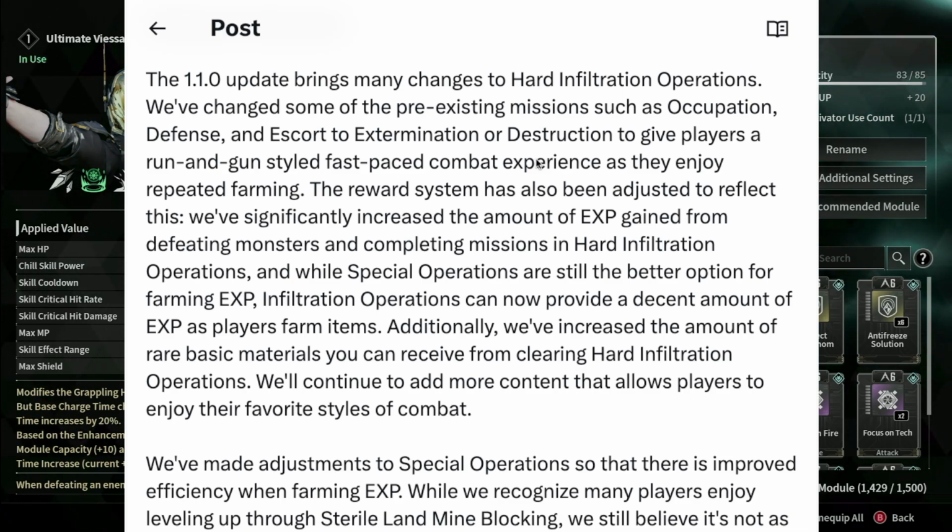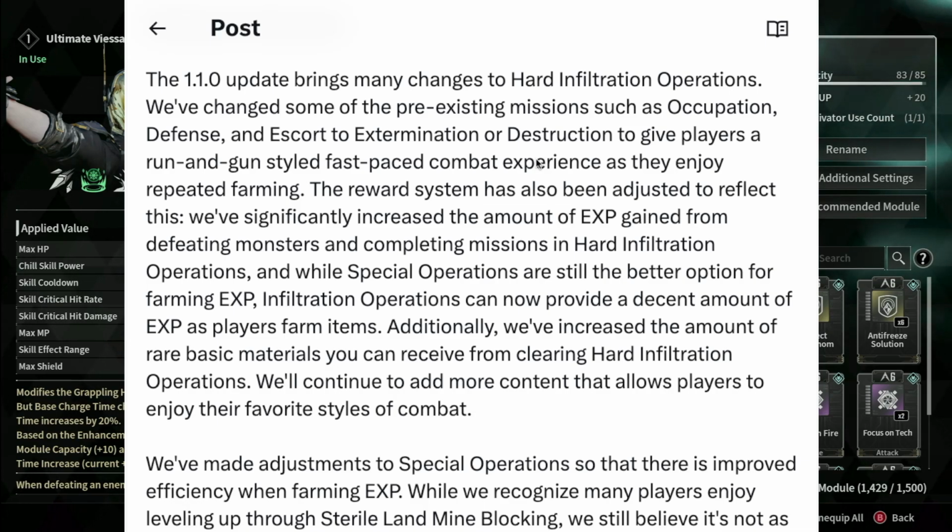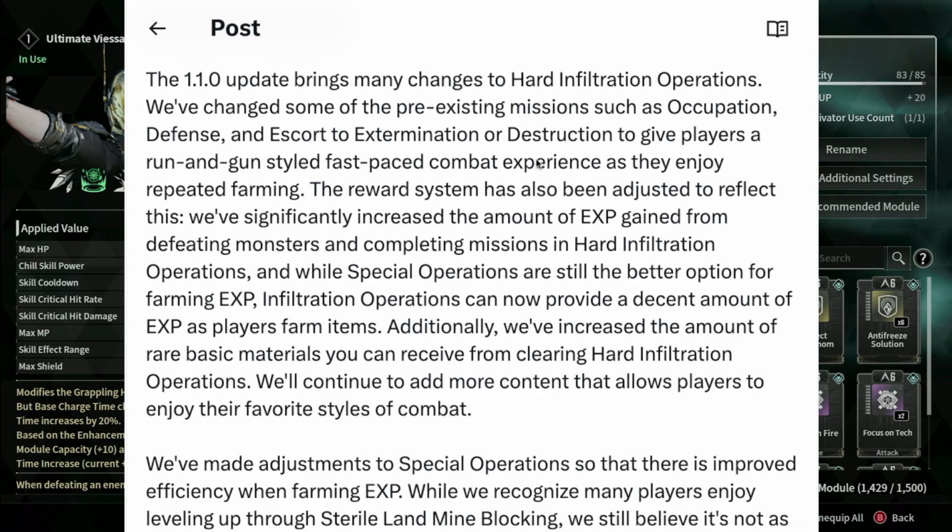And I have already experienced this. These are facts and they are implemented. I've run several infiltration ops in the game so far on day 1 of season 1. And yeah, they're a lot faster now because they've removed some of those elements. The reward system has also been adjusted to reflect this. We've significantly increased the amount of experience gained from defeating monsters and completing missions in hard infiltration ops. And while special ops are still the better option for farming experience, infiltration ops can now provide a decent amount